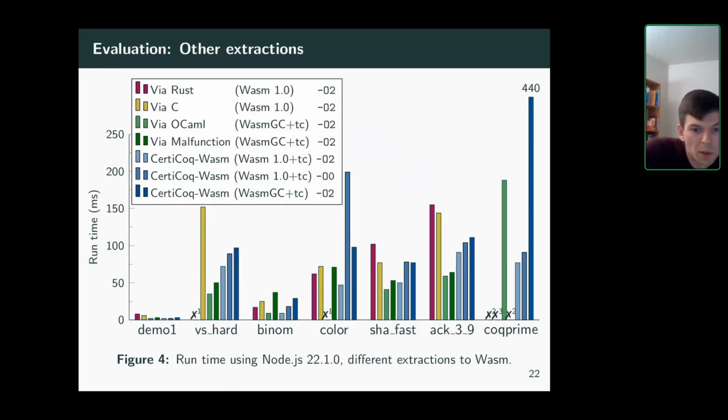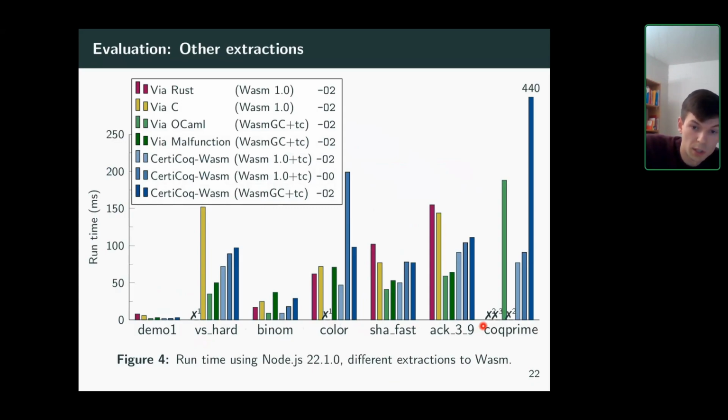So this is the performance comparison of our tools. I'll start with the failure. Our tool is the only extraction that generates a Wasm binary that computes the correct result for all our benchmarks. And the other extractions either produce ill-typed code, like the first two here, or they don't support the Wasm,